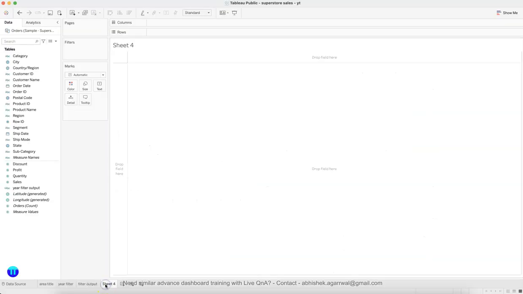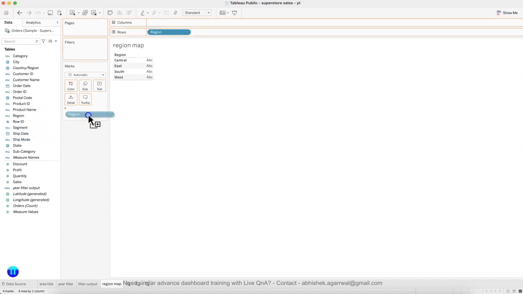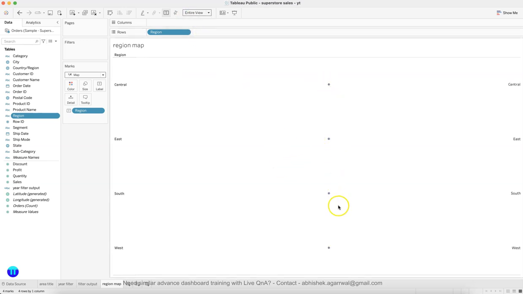All right, so first things first, let's create the region map. So if you remember, there were regions, and region is present here, right? And region is also over here on the text, right? And right now this is a text. So if I go and choose the map, it won't actually do anything. If I make it for the entire view, it just produces a circle but nothing else. So we need to convert it into the